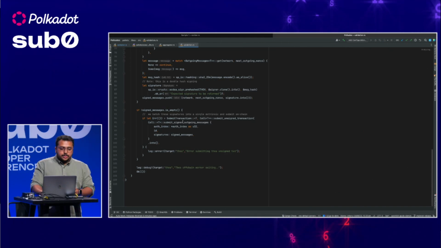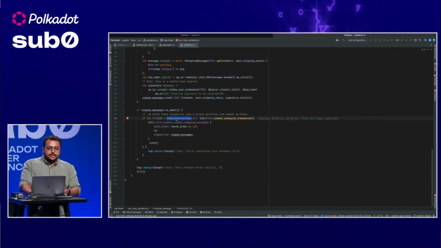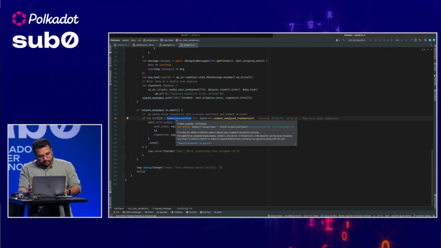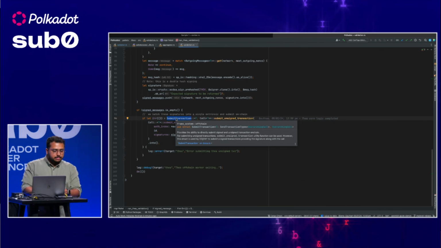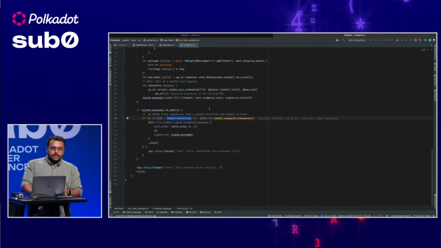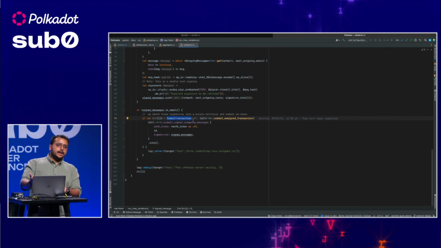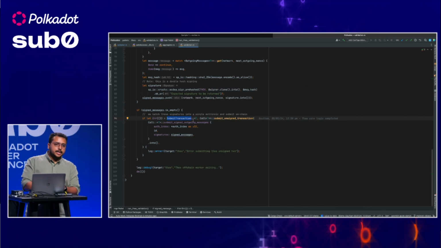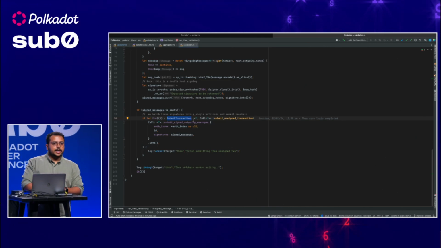We have this submit transaction function from the frame system off-chain module, using which you can send an unsigned transaction to call a particular extrinsic on-chain